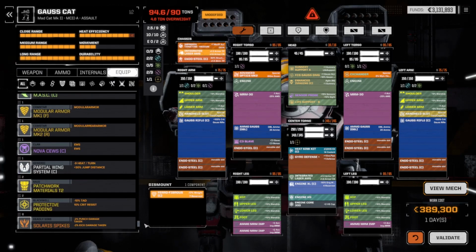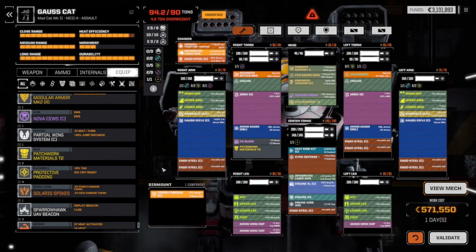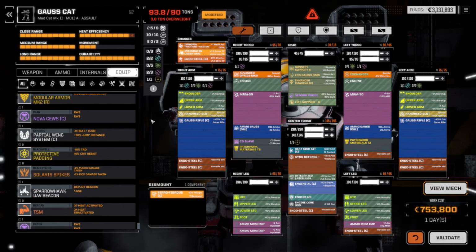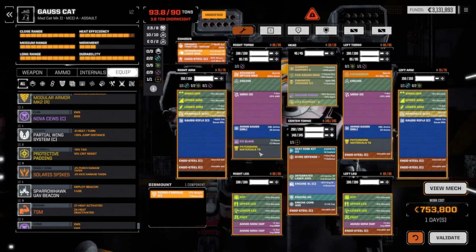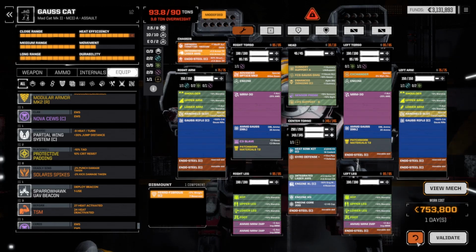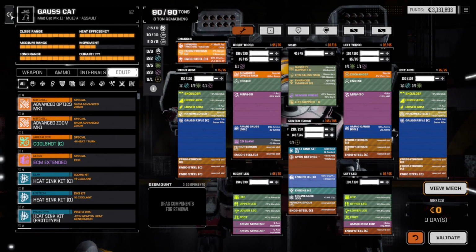I don't think I've got any more patchwork to really work it. I've got 2 pieces of patchwork too, but it only gets us down not even a full ton. So if I had some 3s, get them in the arms, 1 here, might be a little bit better, might be able to work it down. But for now, that is not going to be something we're going to entertain. So for now, the Gauss Cat is going to have to kind of hang back, kind of do some pinpoint